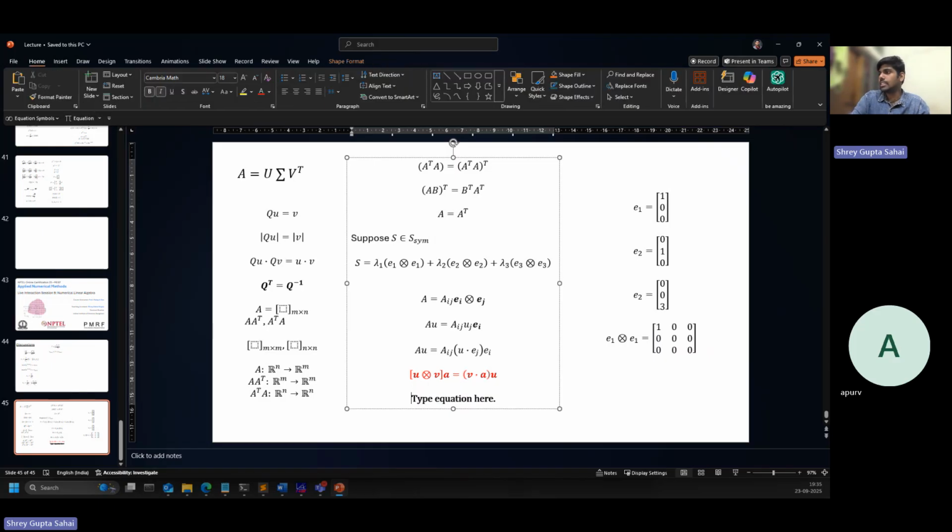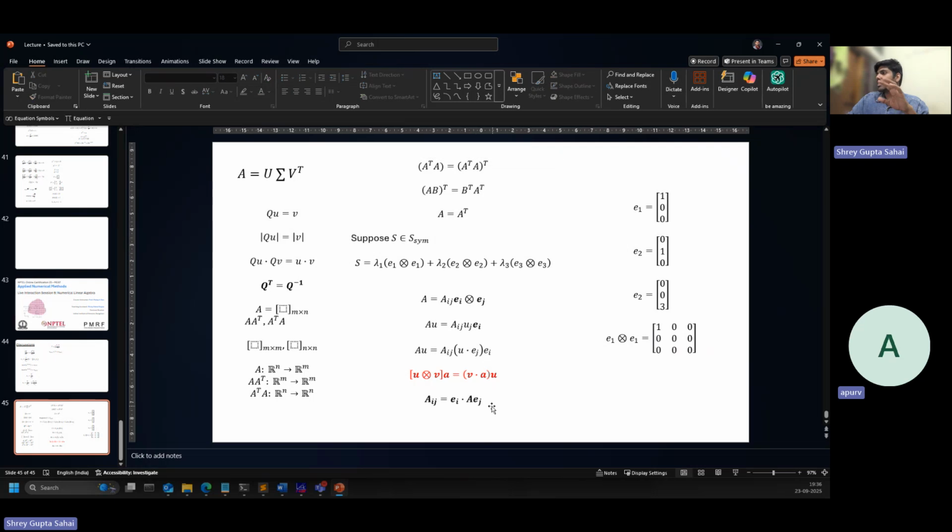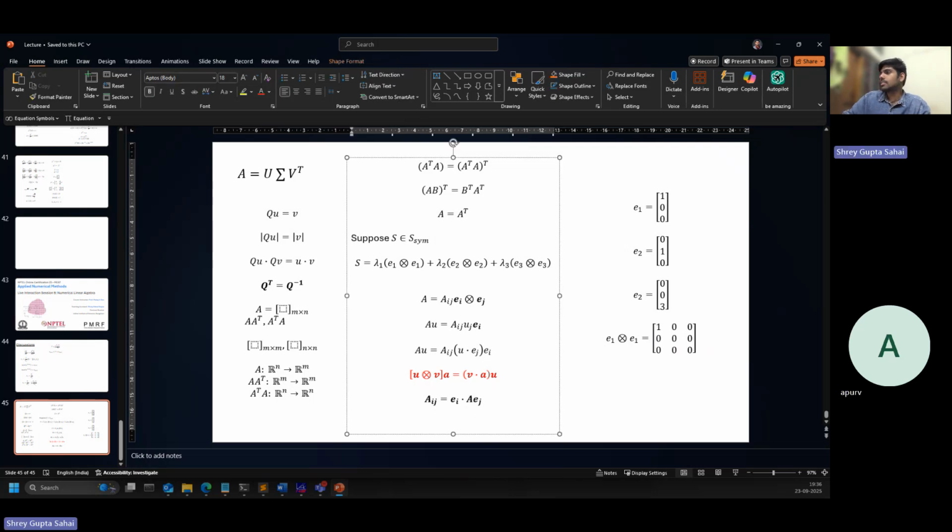If I want to find Sij or Aij for that matter, are you aware that we can write Ei dot A Ej? Does this make sense to you? Essentially, you only consider the jth element and keep it at the ith position. Are you aware of this? No, sir, but I think it makes sense. So, if I apply this to this entire thing, what you will see is